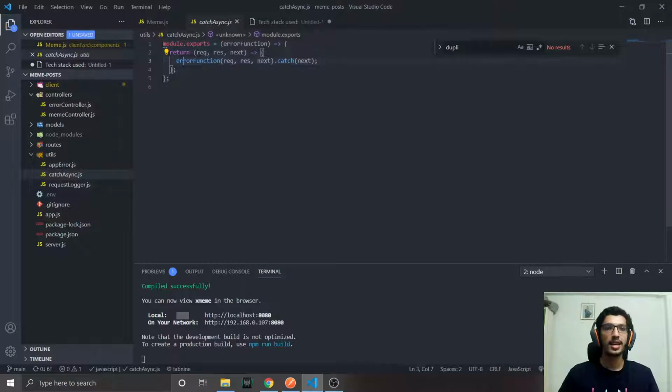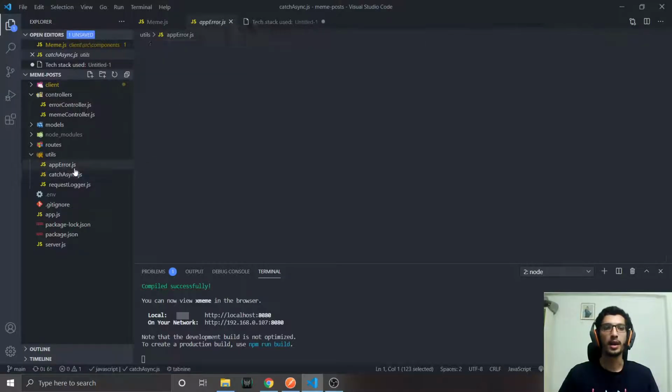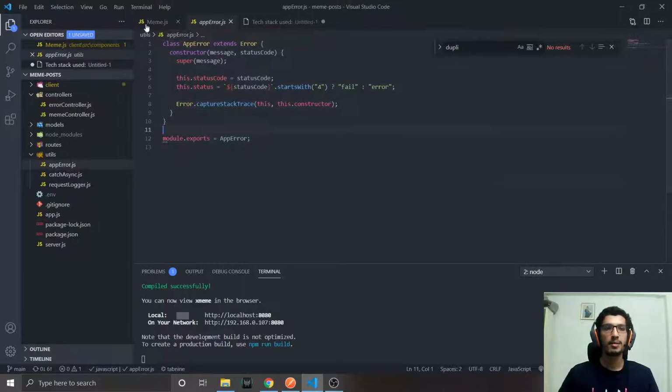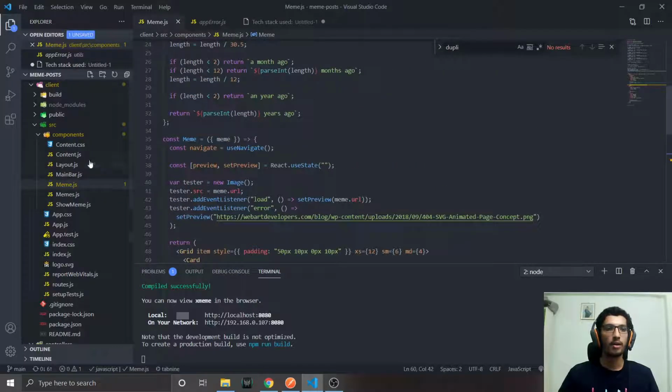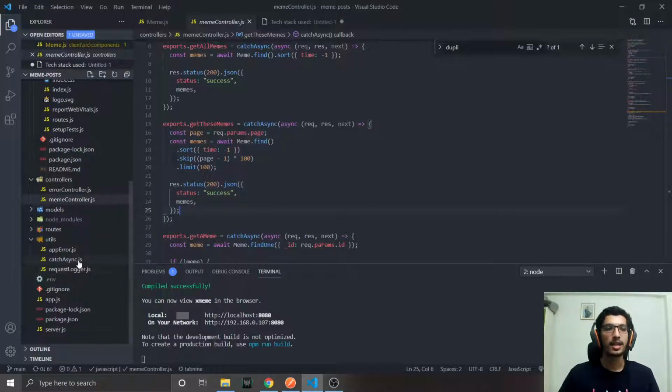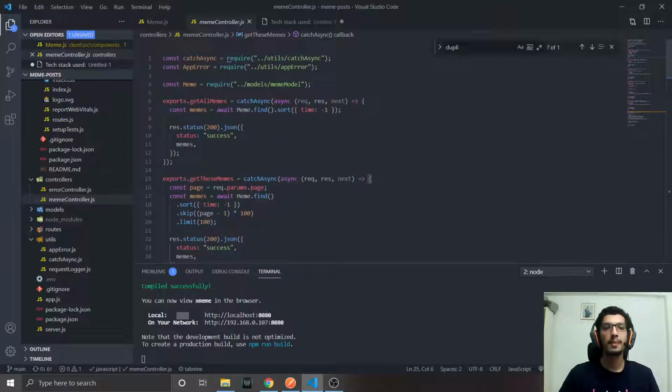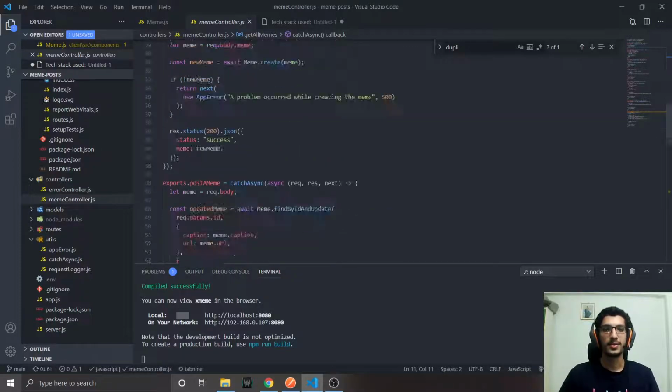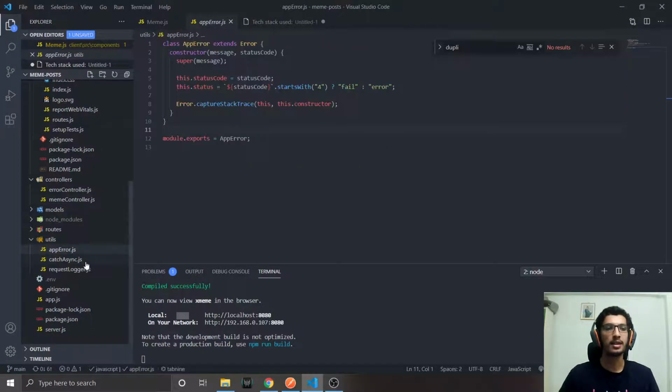As you can see, I can directly use a catch async, because this is what asynchronous is, and this is what we'll be doing. And this is also a similar utility. I have just converted all of them to this. So I have directly used this catch async, and inside this I can write my async code directly. I don't need to worry about any errors, and I don't have to repeat that code. So I have cut short code a lot using these three utilities.